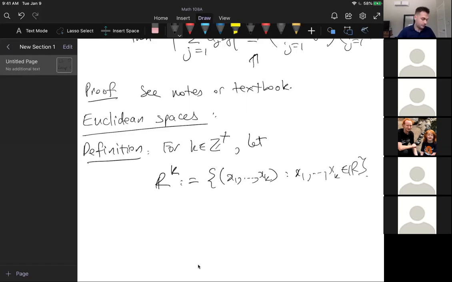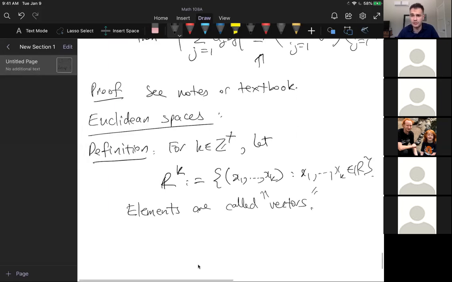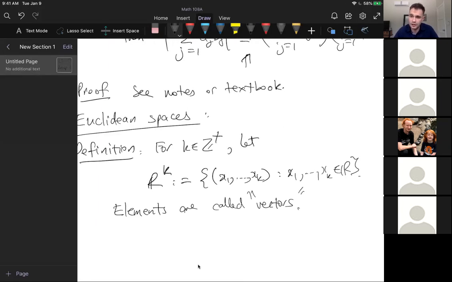Like this. And so the elements of this are called vectors. You can either denote vectors by a boldface or a tilde. It's a little hard to do boldface when you're writing, so I'm just going to use tilde. So a few observations: if I have this vector, this is what I mean by tilde. And x,